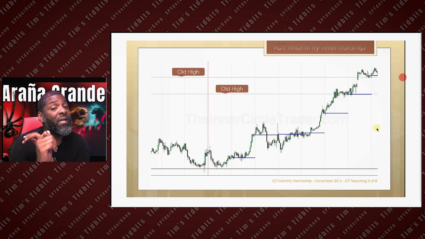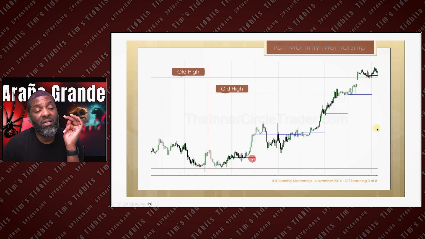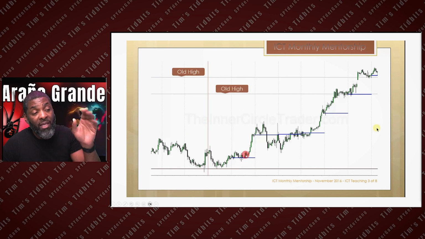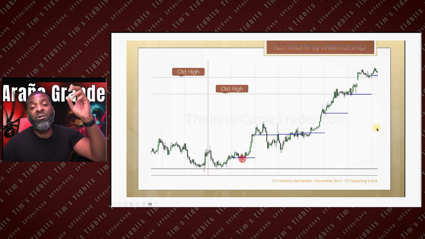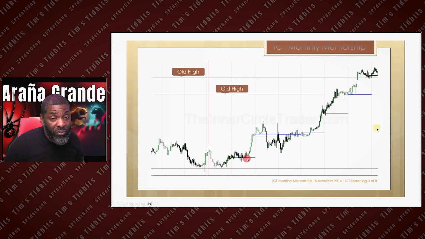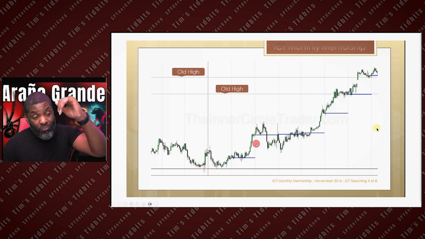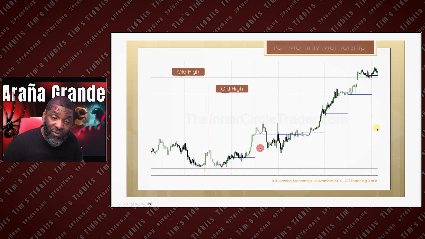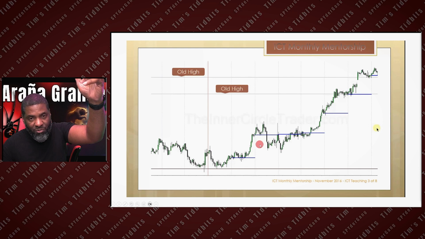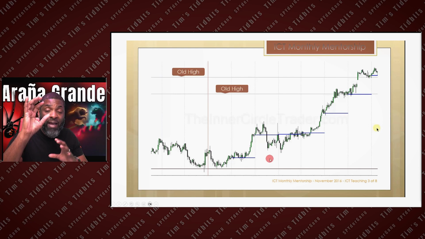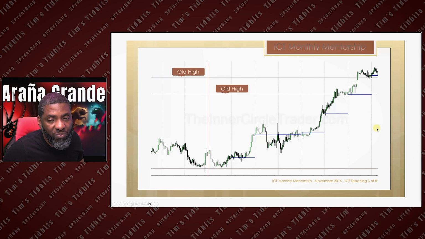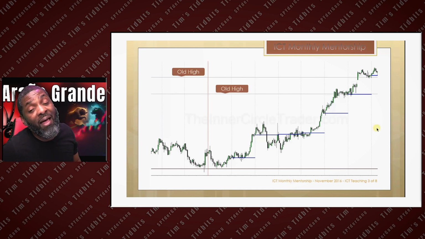So with displacement, you want to make sure fair value gaps are present. You want to make sure it occurs on a higher time frame. And then on a lower time frame, you want to see that displacement continues if you drop below a low if you're bullish, above highs if you're bearish, below opens if you're bullish, above opens if you're bearish, if it pulls back to a discount if you're bullish, if it goes up to a premium if you're bearish. Anytime price hits these key price levels, you want to see displacement happen to let you know that institutional sponsorship is still on your side.